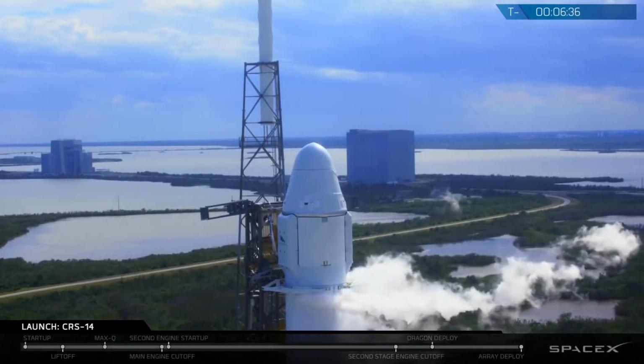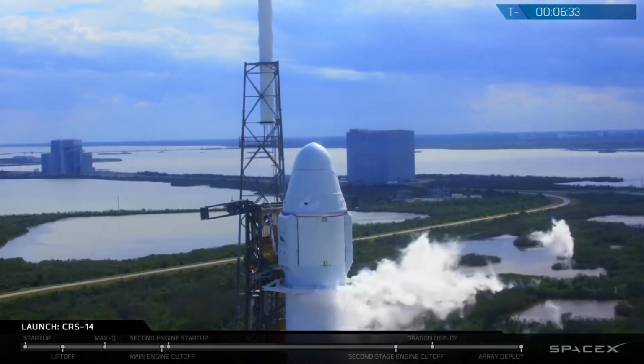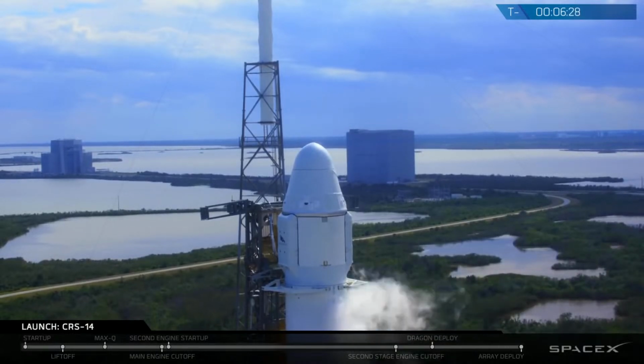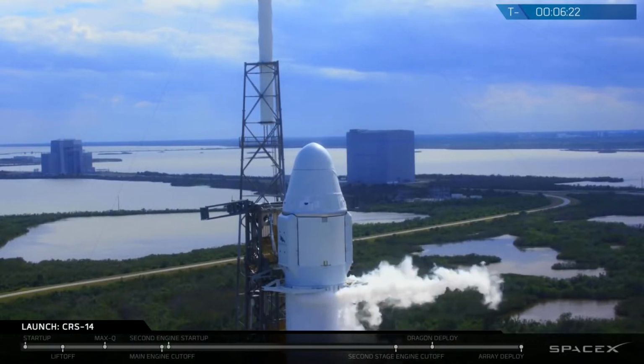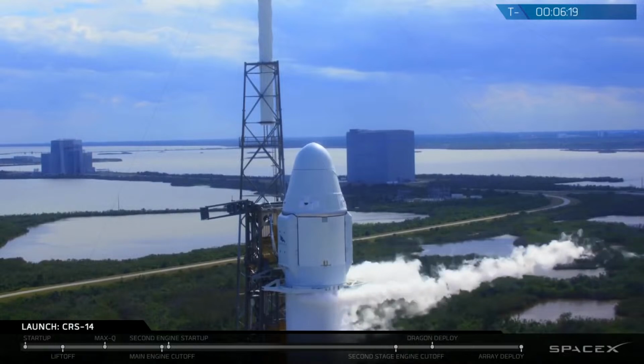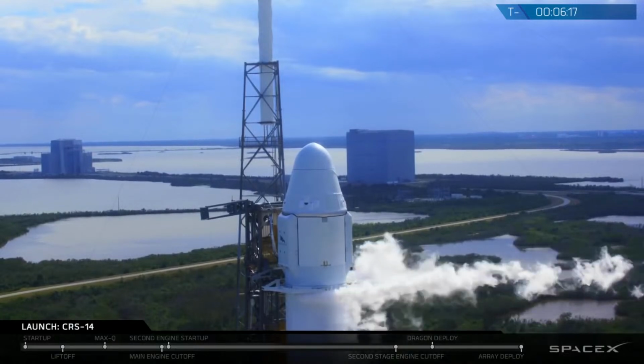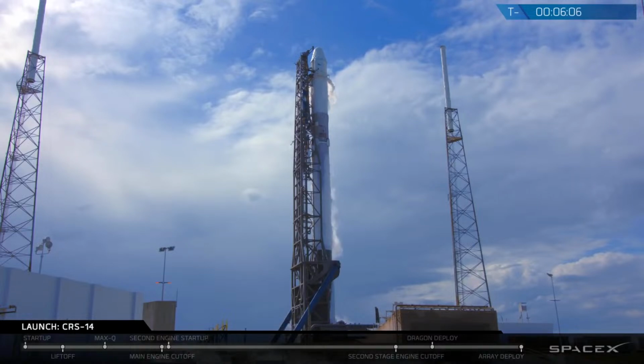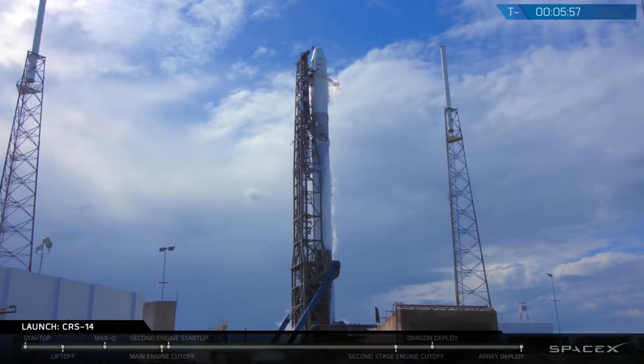11 years ago, Dragon was just a design on a piece of paper. But in 2010, SpaceX became the first private company to send a spacecraft to orbit and return it to Earth. 2 years later, in 2012, soon after I started at SpaceX, a Dragon became the first privately developed spacecraft to visit the ISS. Since then, we've made a total of 13 trips to the space station, and we're under contract with NASA for a total of 20 cargo resupply missions. We are currently flying cargo to the space station, but ultimately, we will fly astronauts on crew missions with our first